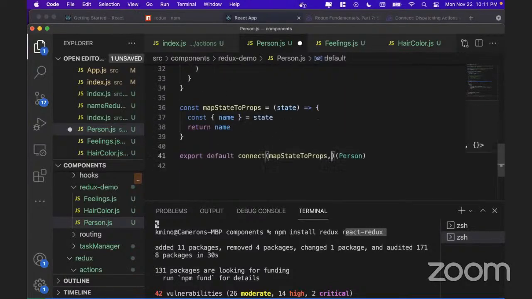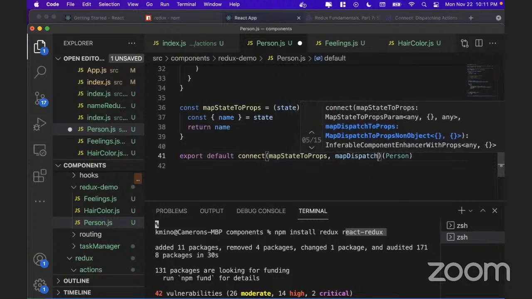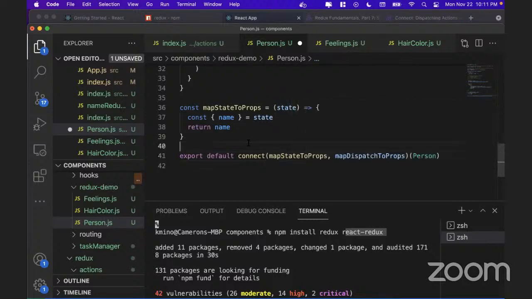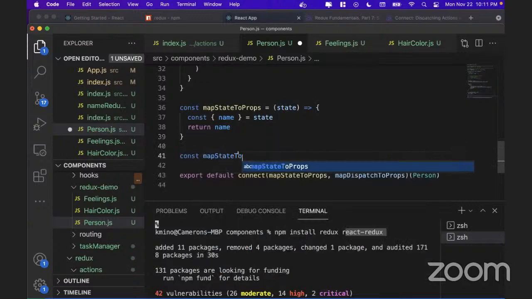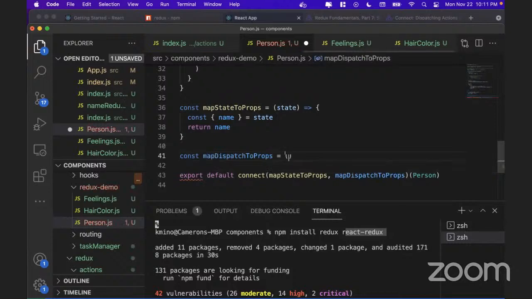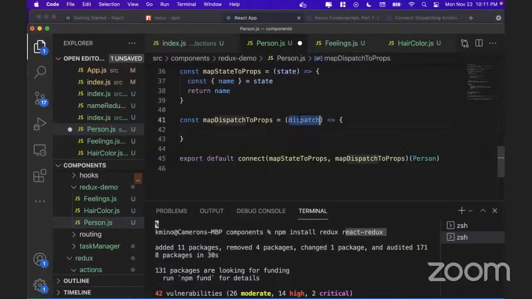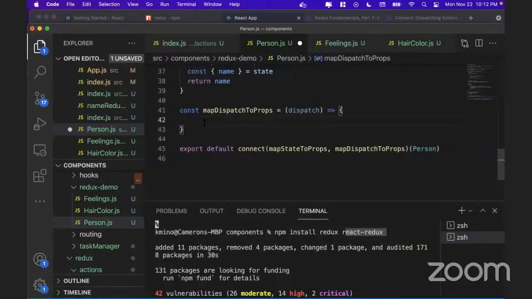That's why you can use this other function called mapDispatchToProps, which is another kind of function that you can define. And that function's responsibility is to return whatever functions you want to be able to dispatch from your particular component. So a mapDispatchToProps function would look like this. You have this dispatch prop that you can get reference to, and then you just name the particular functions that you want to have